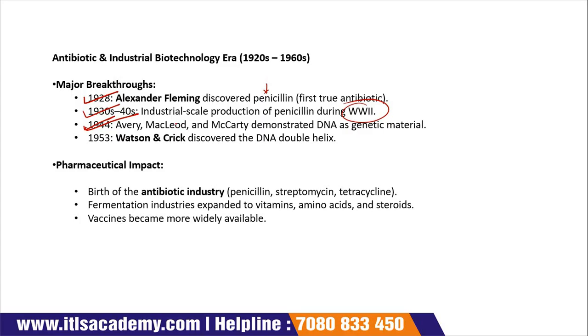During this experiment, these scientists used radioactive compounds. Next is 1953. In 1953, Watson and Crick discovered the double helical structure of DNA. For giving this structure, they used the X-ray data. DNA has a double helical structure like this.